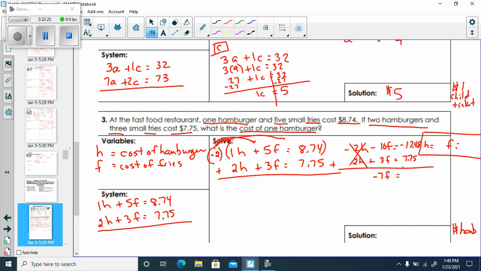Negative 17.48 plus 7.75. Put that in your calculator. And that gives you a negative 9.73. Okay, let's divide both sides by negative 7. And the cost of fries is